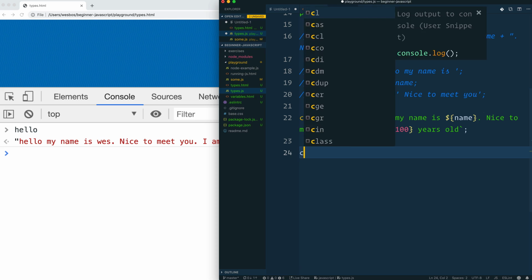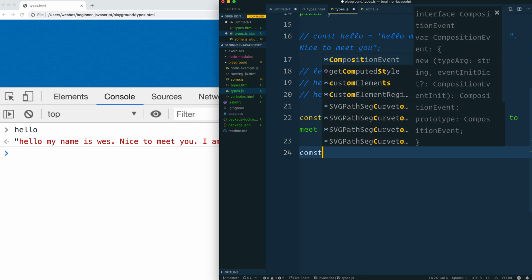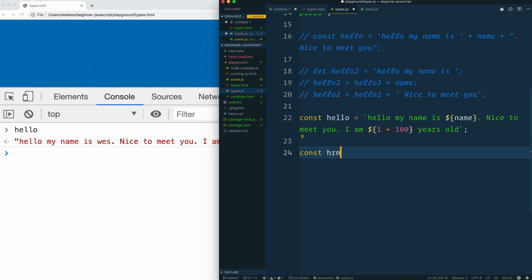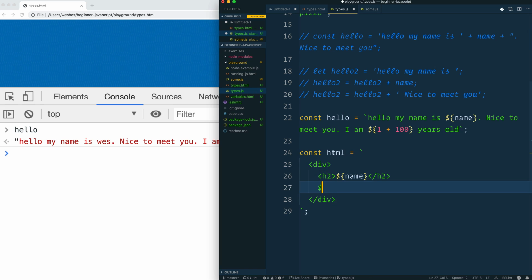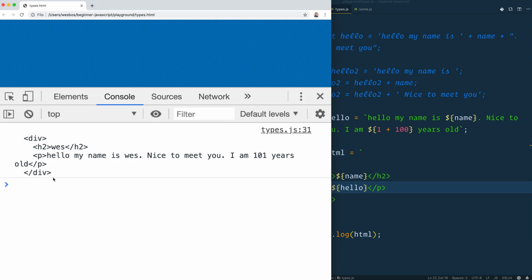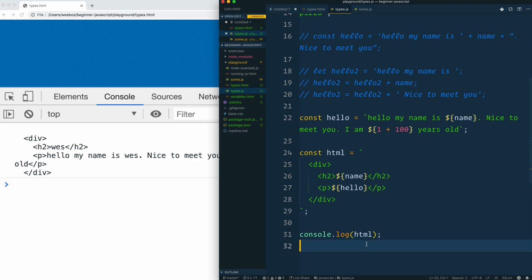Finally, this will be really helpful for creating HTML. So if I say const HTML is equal to, and we'll do backticks, and inside of that, I'll have a div. And inside of that, I'll have an h2, and I'll put the person's name. And then inside of that, maybe I'll just put the hello, maybe inside of a paragraph tag. And then I've got all of this HTML that I've made. We'll talk a lot more about creating HTML, but you'll see that I've just created a string that is HTML,